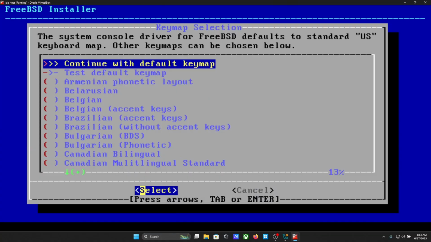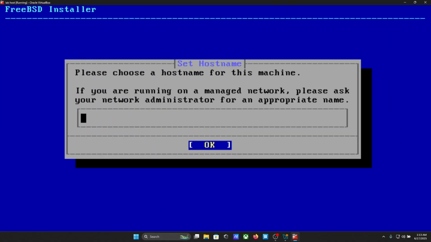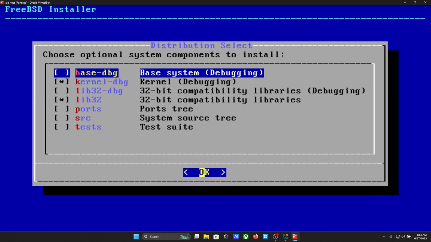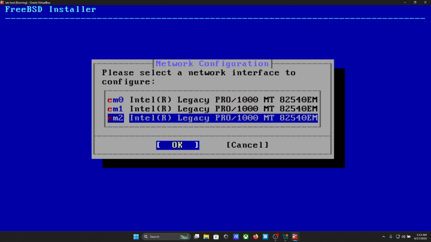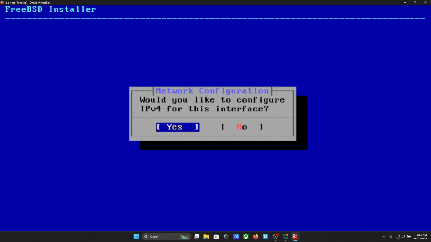So we'll do enter, enter, and we're just going to say this one is called lab host. Enter. You don't need to pick anything here, but just to show you what I was talking about with spacebar, if you hit spacebar, see how it selects, and spacebar again, deselects. So just do enter. Use EM2 to get internet, because my script is going to rename EM0 and EM1 for the jails. So yes, you want IPv4, yes, DHCP,